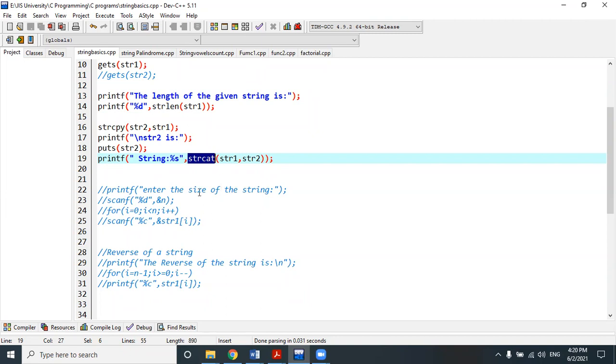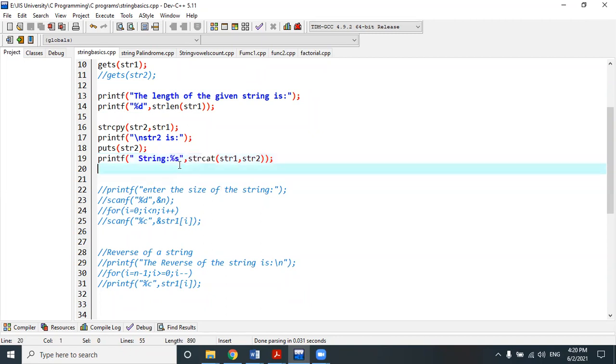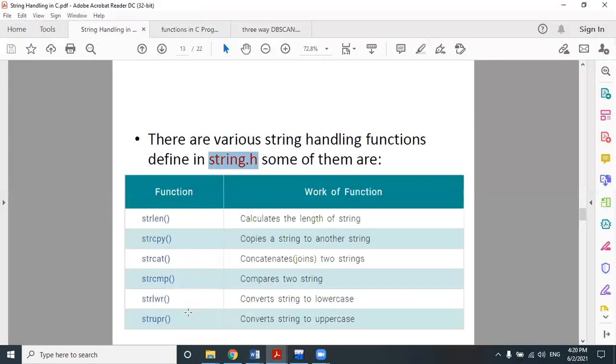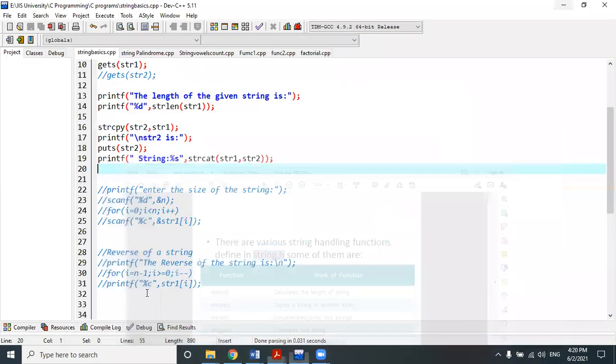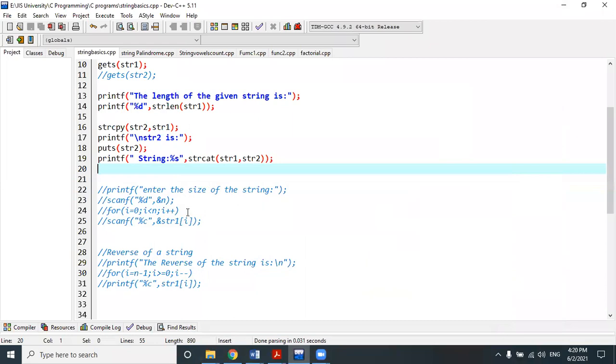There is one more string system-defined function, strcmp, string compare, which compares two strings. How can we compare two strings? Very simple. With the help of an if condition, within strcmp we pass two strings, str1 and str2, and we check whether it returns 0 or not.